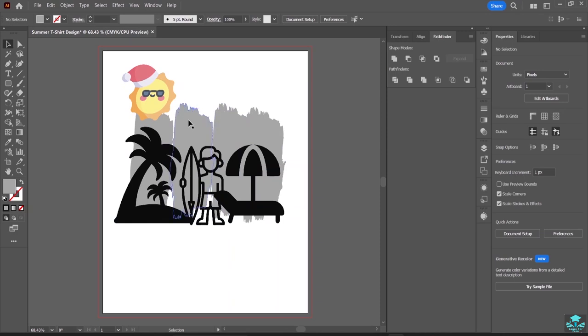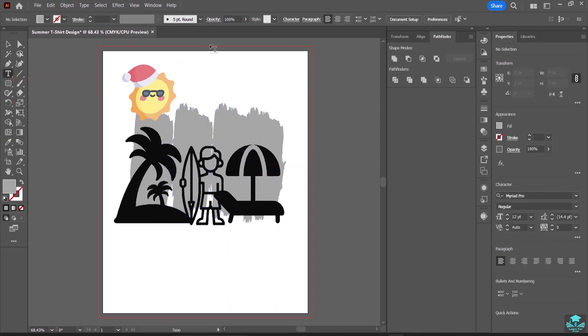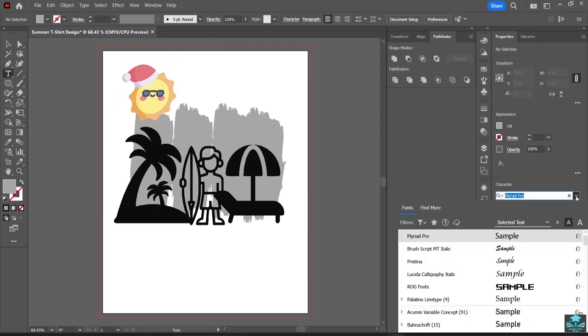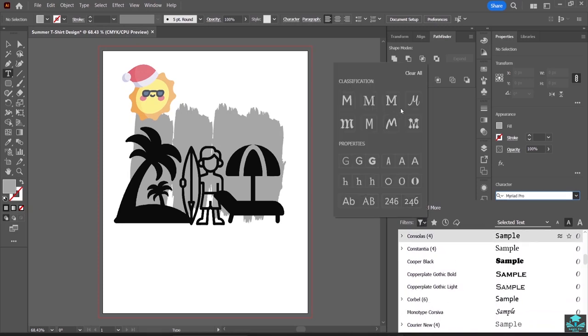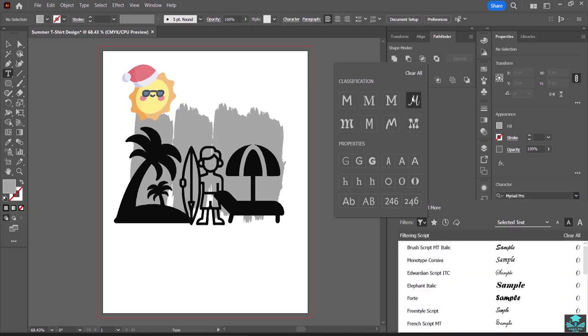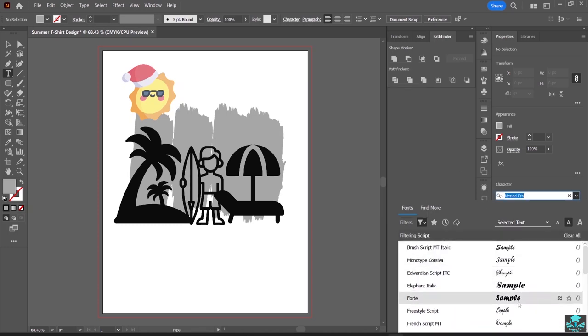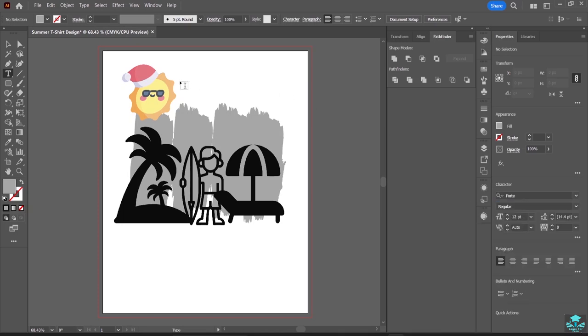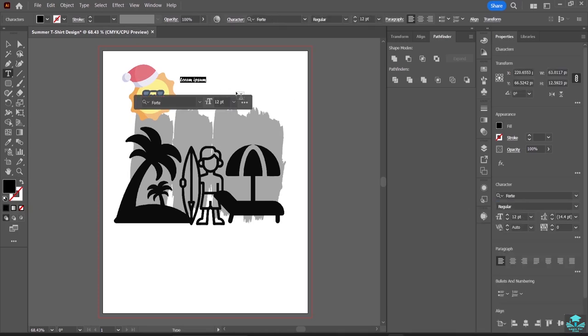And what I am going to do is put up some text over here. I'll select my text tool from here, and now I can choose the type of text which I want to use. I do have a few of these. If I want to filter it down, I have showed you how you can filter these things out. I will select this one, and now you guys can see I do have different font styles. So I'll select this font, and what I'm going to do is write,